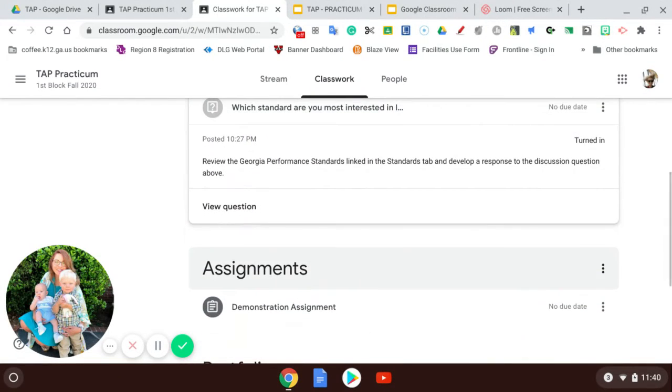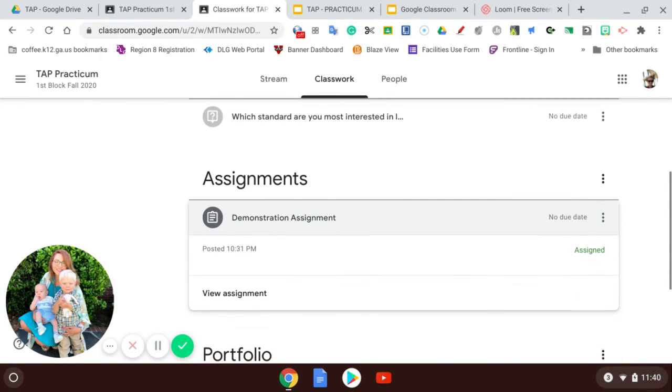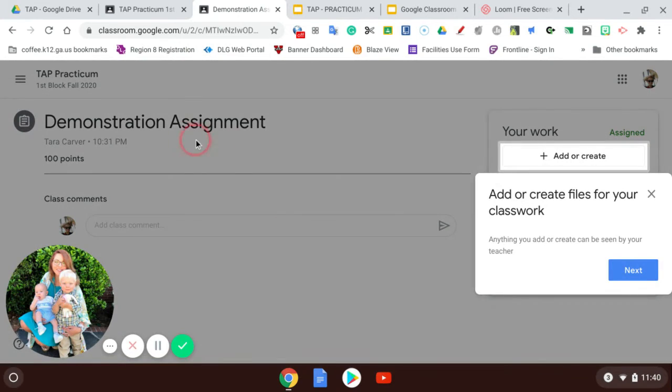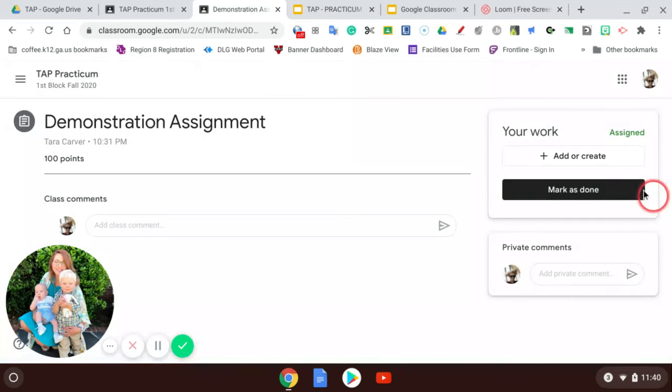So when we come back to our coursework, the discussion board, I'm going to have those assignments posted there specifically. That's all questions. And then I have a general tab for assignments. But again, based on how your teacher has this set up, that can look a little bit different. So here I just have a basic demonstration assignment just to show you how this works. So when I click on that and I click View Assignment,